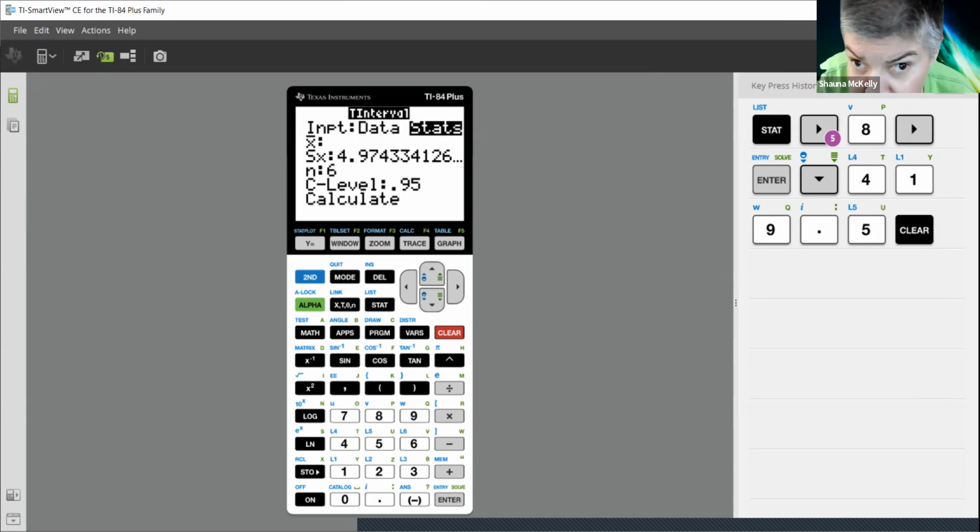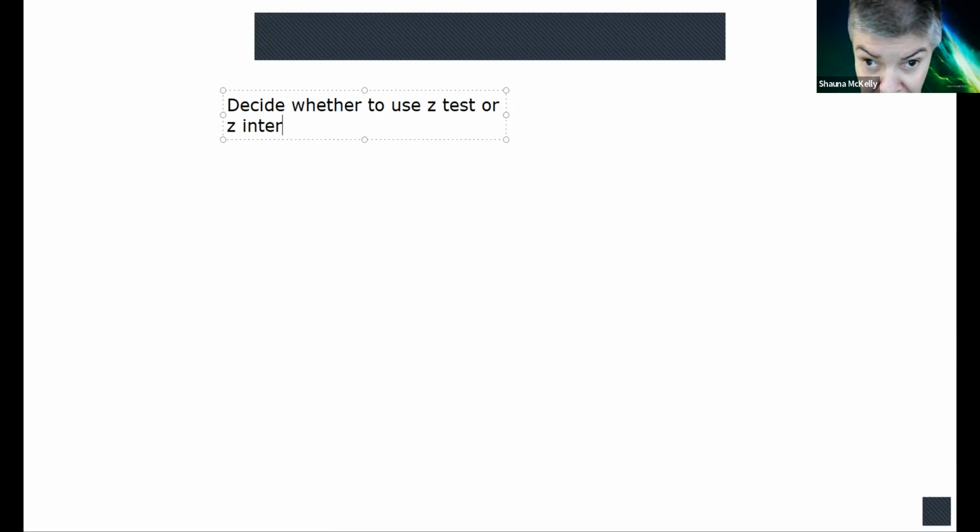So if I want to decide whether to use a z-test or z-interval, because it applies to confidence interval and hypothesis test, versus a t-test or t-interval,